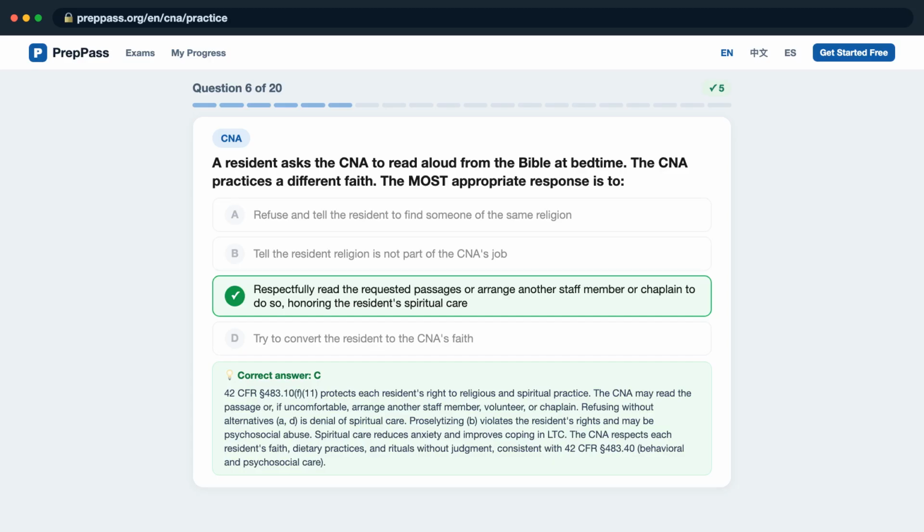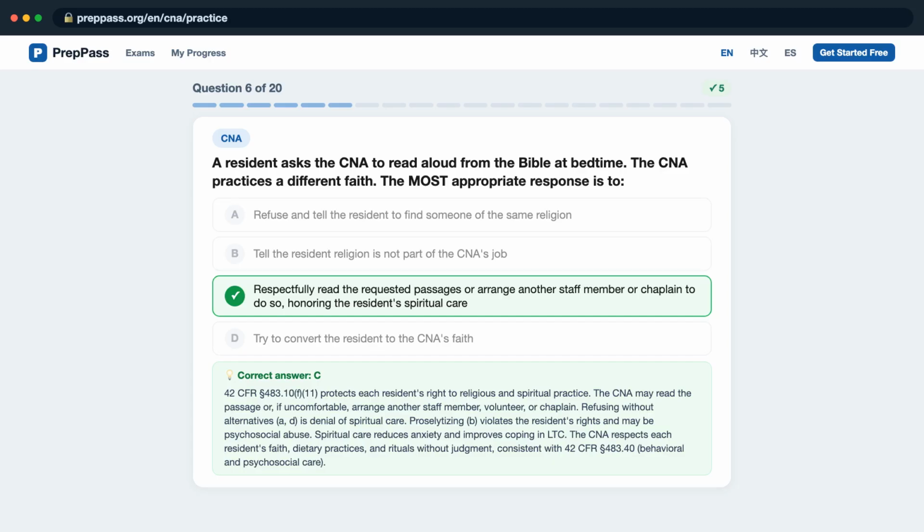Proselytizing, D, violates the resident's rights and may be psychosocial abuse. Spiritual care reduces anxiety and improves coping in LTC. The CNA respects each resident's faith, dietary practices, and rituals without judgment, consistent with 42 CFR Section 483.40, Behavioral and